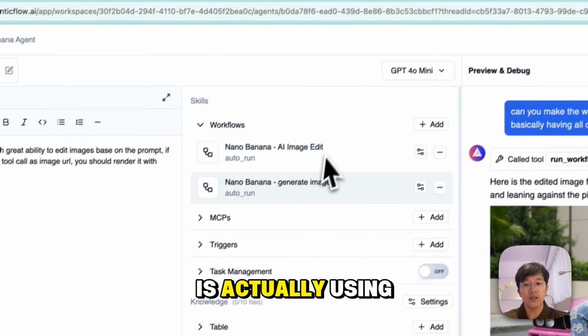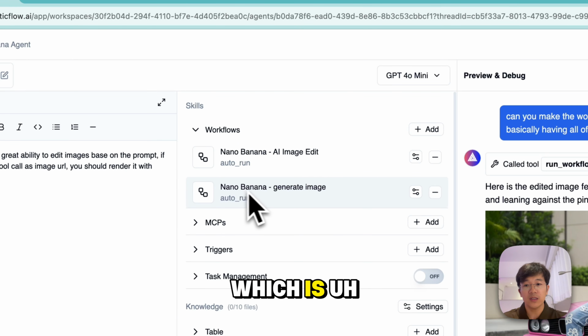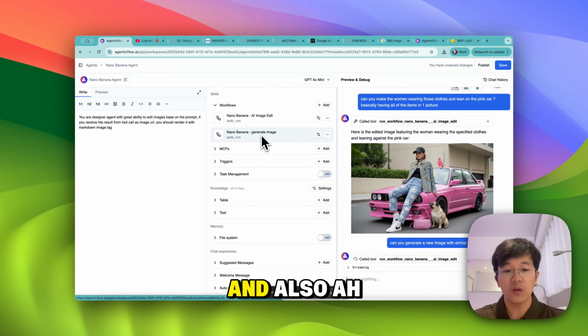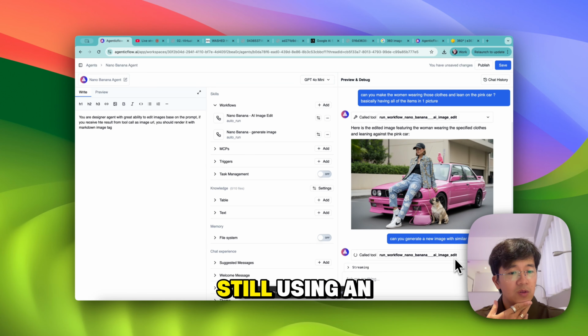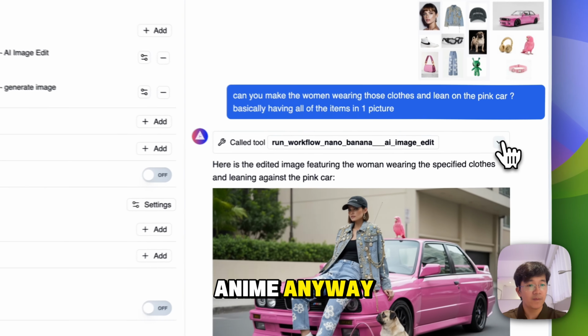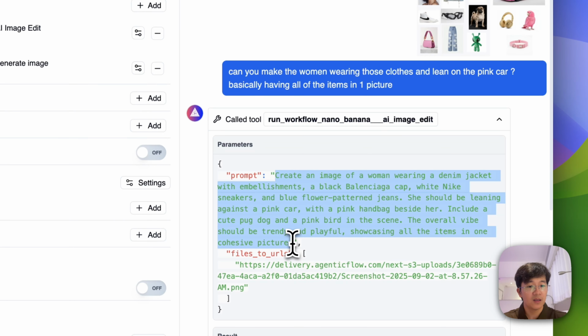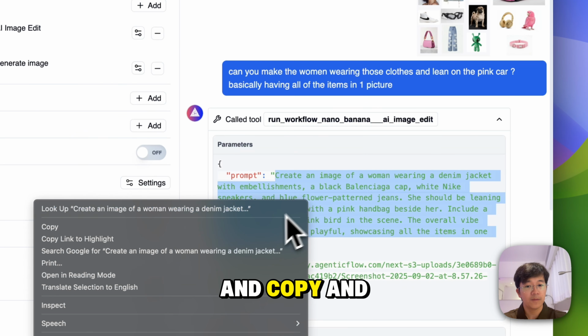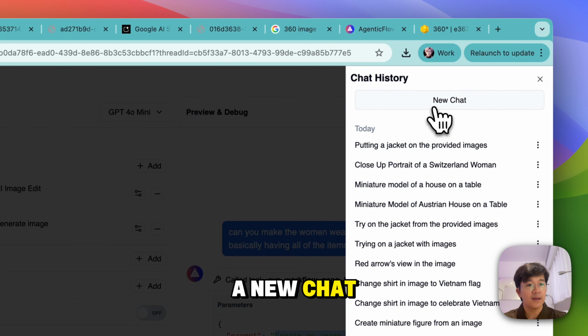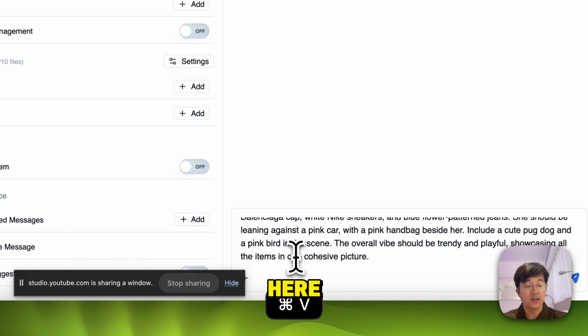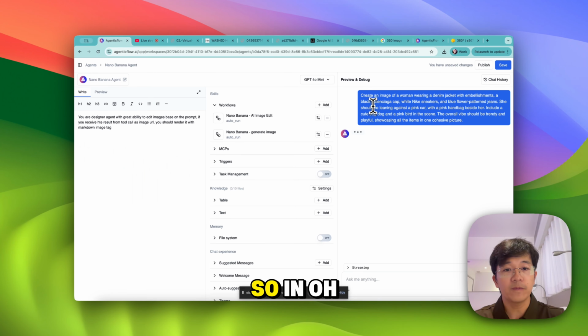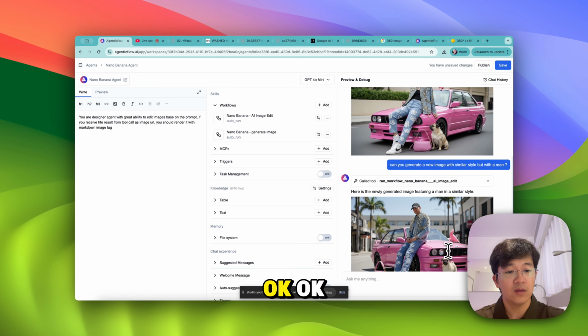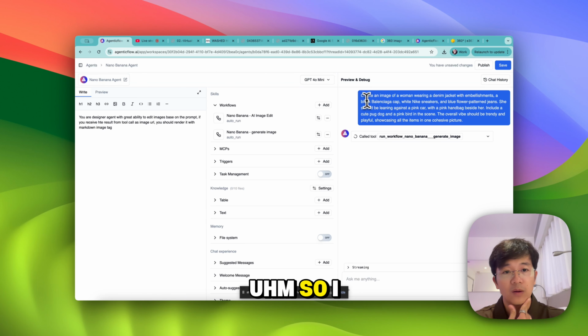This one is actually using the second workflow, which is generate image, while this one is still using edit image. Let me copy this prompt and create a new chat, and paste it here.